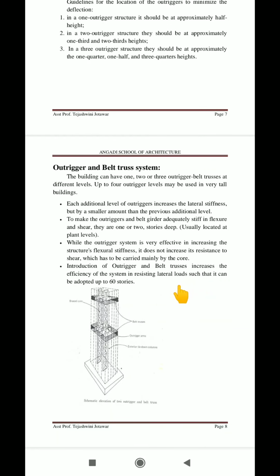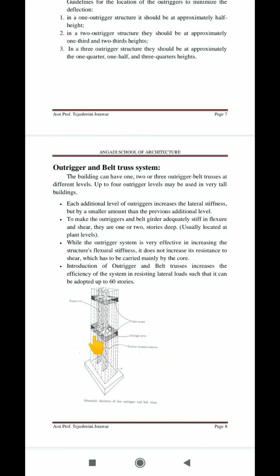Another system is, you can see here, a normal column type of structure where I am providing a central bracing system which acts as a core system. Now for this core system, I am providing the outriggers, which are horizontal. Here you can see the rectangular shape. This rectangular shape is an outrigger system. These outrigger systems are nothing but a horizontal girder-like or truss-like element which connects the core, this vertical core, with the outer columns of the structure. Outer columns are on this side as well as on the other side. So these are the outrigger system.